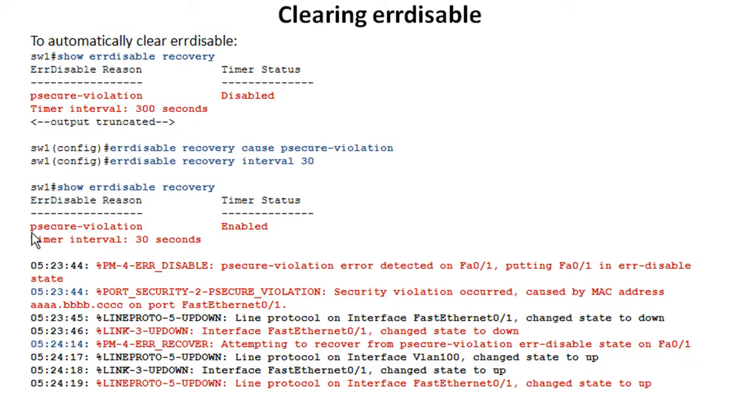It's saying, I put this in error disable because of a violation for port security, but I see that I'm supposed to bring this up after 30 seconds, so let me go ahead and do that. And in this case, it brought it up, and because whatever the violation was has cleared, it's going to leave this in the up state. There are some caveats with this. I'll discuss that in the advanced lesson because this is probably a bit much for your CCNA security exam, but I just wanted to show you that there was a method of doing this that did not involve a call in the middle of the night and doing a shut, no shut on a port.